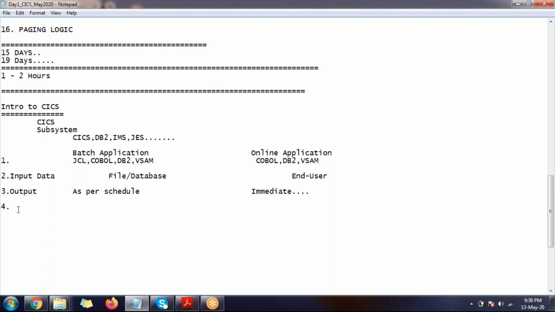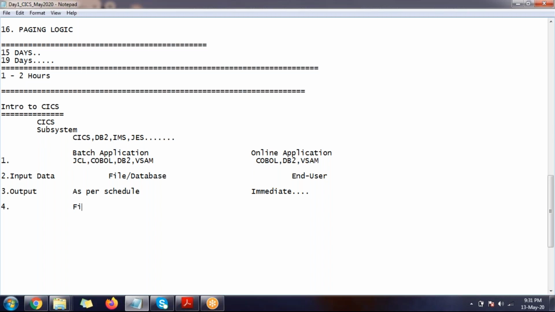Amount of data. Multiple users can use the online application. Yes, that is there. Okay, so team, rather than saying multiple users, okay, so that is okay. But the other point we can add here, team.